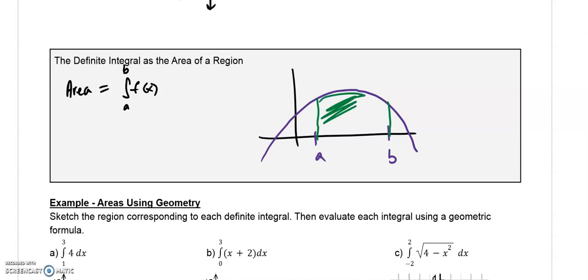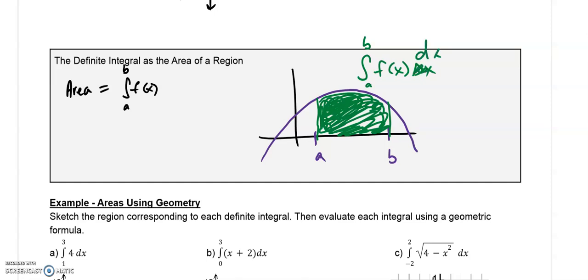in here, the area under the curve bound by the x-axis and the curve, that integral would look like this. From A to B, f of x, whatever that is, dx, or change in x. Okay, so that's what that would look like. This would be dx. Same thing, but